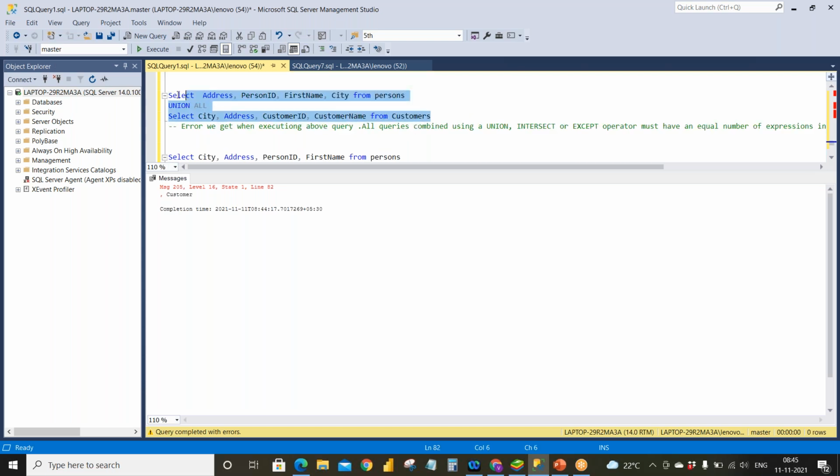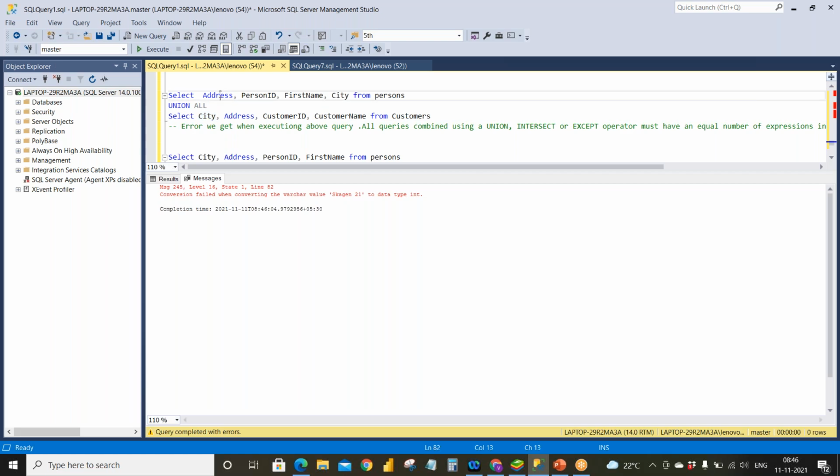We'll see whether it works or not. So it will compare address with city now, person ID with address, first name with customer ID, city with customer name. So now whether the problem arises or not, let's see. The problem appears when this particular data is taken into account. We'll see what that problem is, one by one.